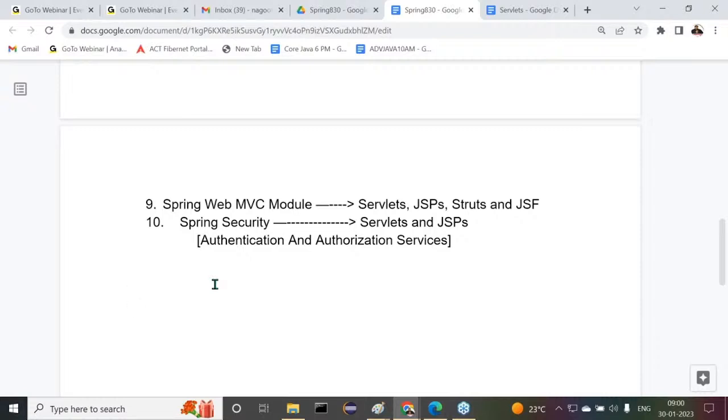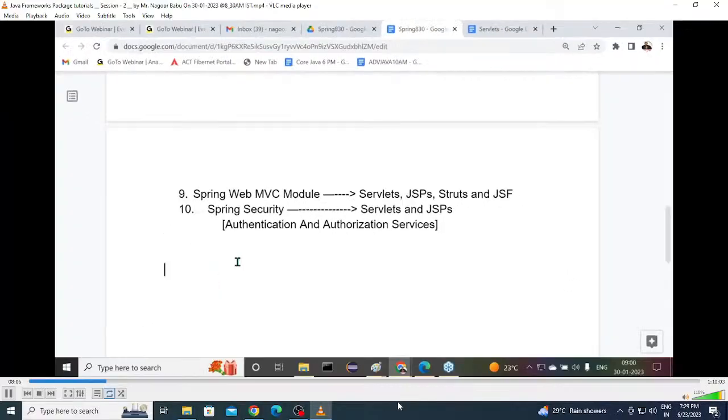Why am I telling this information? You may get some misguidance from outside. Then to go for it,